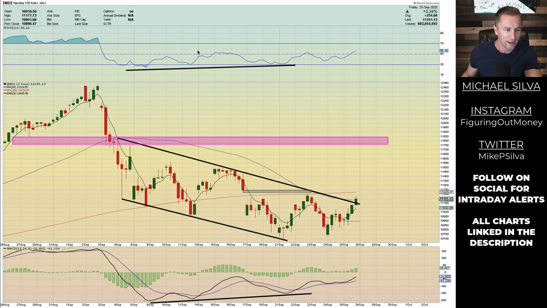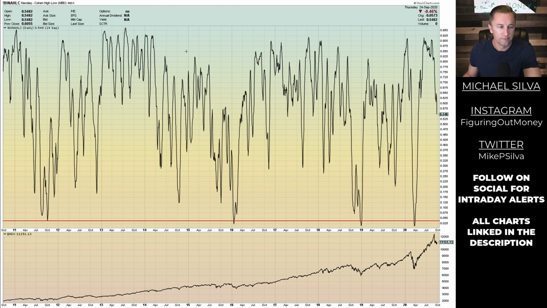I keep doing that. Here's something somewhat new. This is the Cohen High Low, and I'm just showing this because I'm stacking it with the NDX right here, and this red line at 0.37, I think it is. When the price comes down here and just taps, lined up vertically below the NDX, typically if we get pull downs to these levels, it doesn't last there long, and you typically see some sort of bottom or potentially buying opportunity. The price of this chart currently is at 0.54. So a long way to go to the downside.